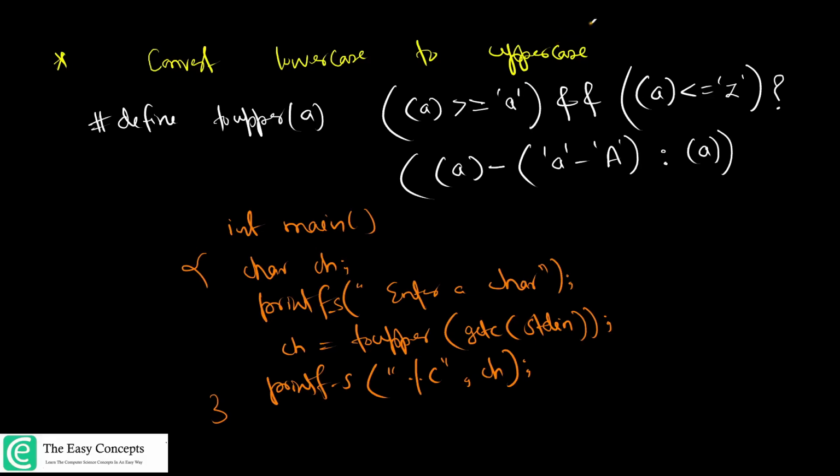Right. Now let me give you some sample input. Try to give this program the input xyz and then check the output, and the output that you are going to get most probably is z. So the intent of this program is to convert lowercase to uppercase, but it's not happening here. It's doing something else. There is some problem, right? So can you understand what is the problem here?